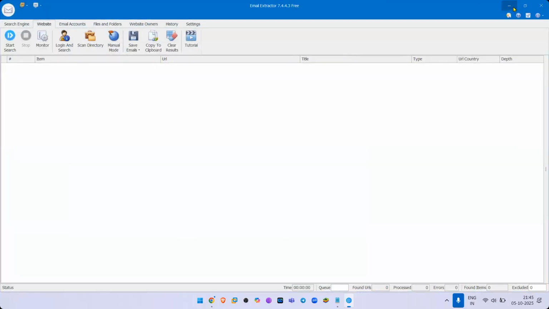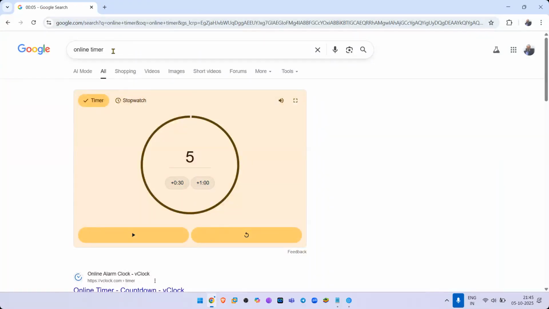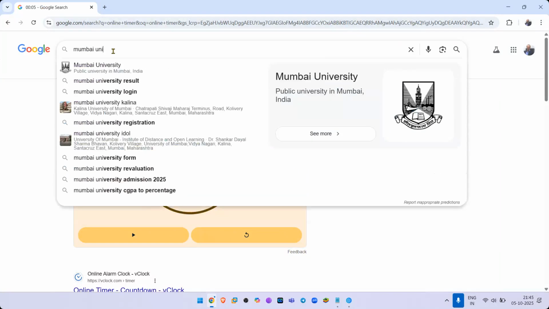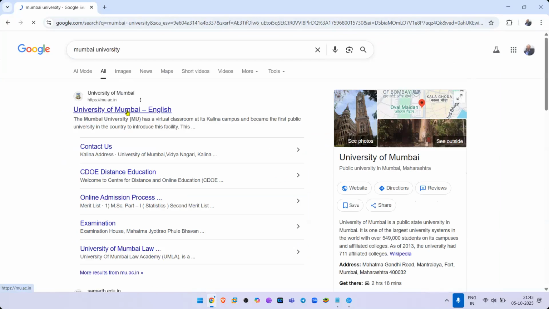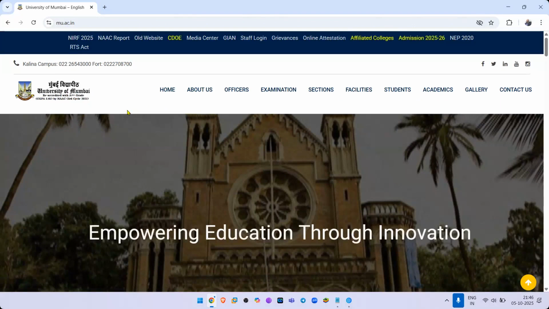Just a few weeks ago, I had gone to Mumbai University, and I asked these guys for some email addresses.